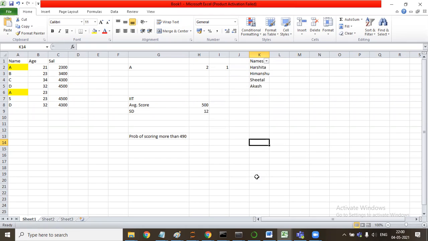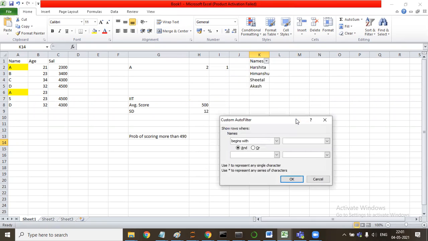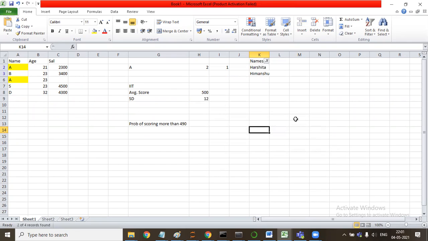Sir, can you please show again how did you apply filter over here? I said filter begins with, say, H. Okay. So the original list was of 4 values. Now when we have filtered it, it has returned 2 values out of it. Are you guys with me?